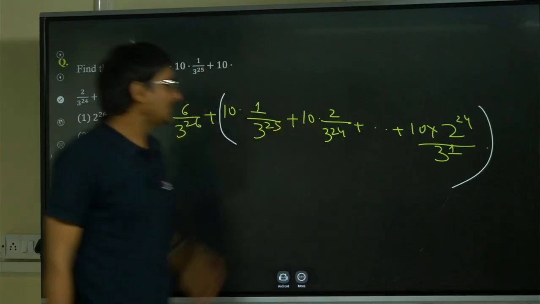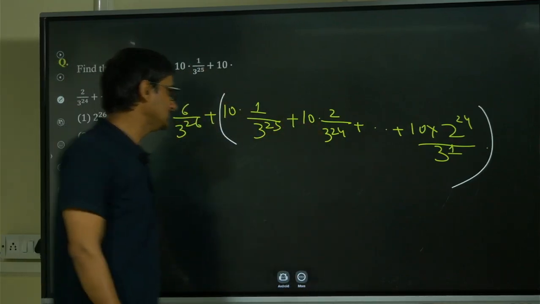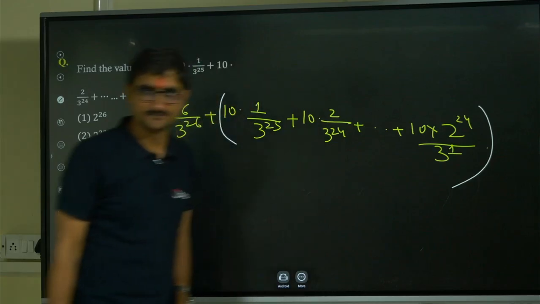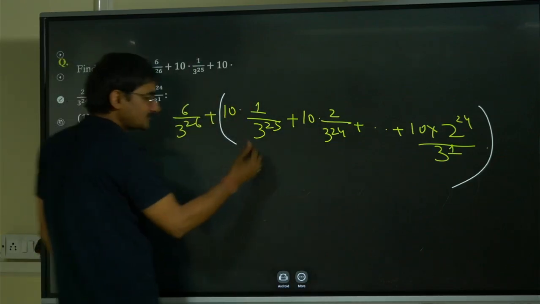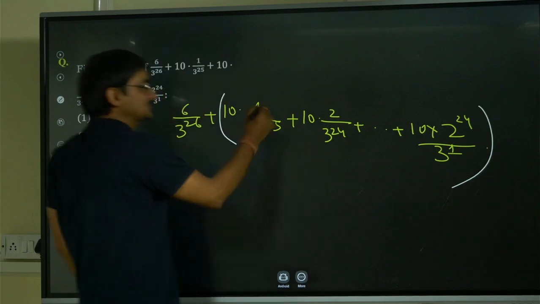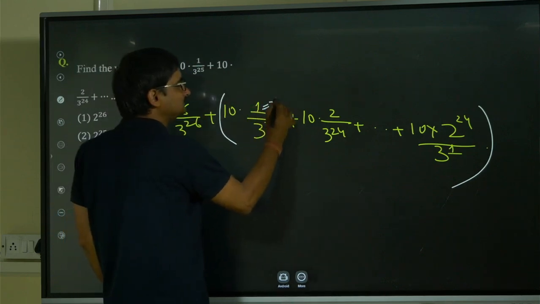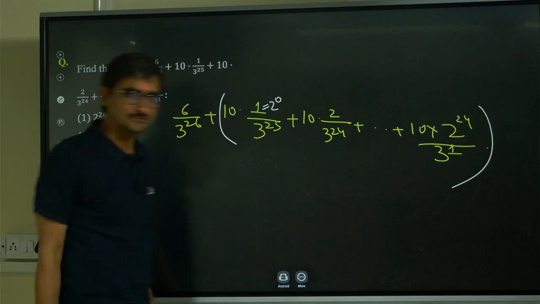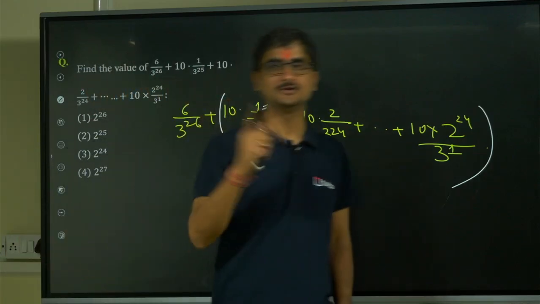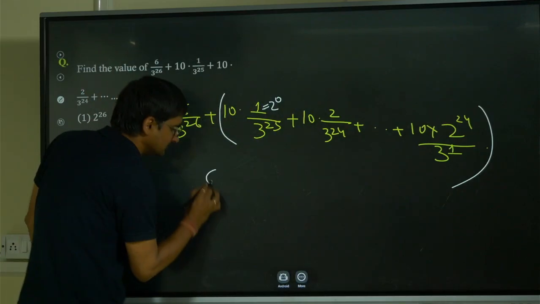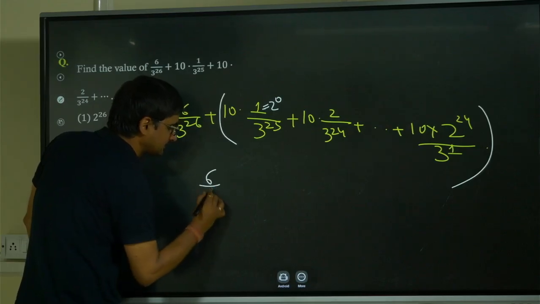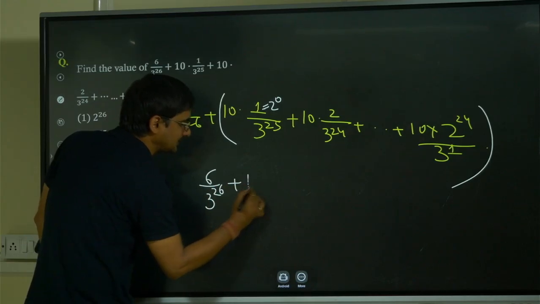Now, what's the common ratio of the GP? The common ratio of the GP is of course 2, isn't it? And how many terms do we have? You start with 2 raised to the power 0 and you go till 2 raised to the power 24. So from 0 to 24 we have 25 terms. So just apply it: 6 over 3 raised to the power 26 plus 10 times